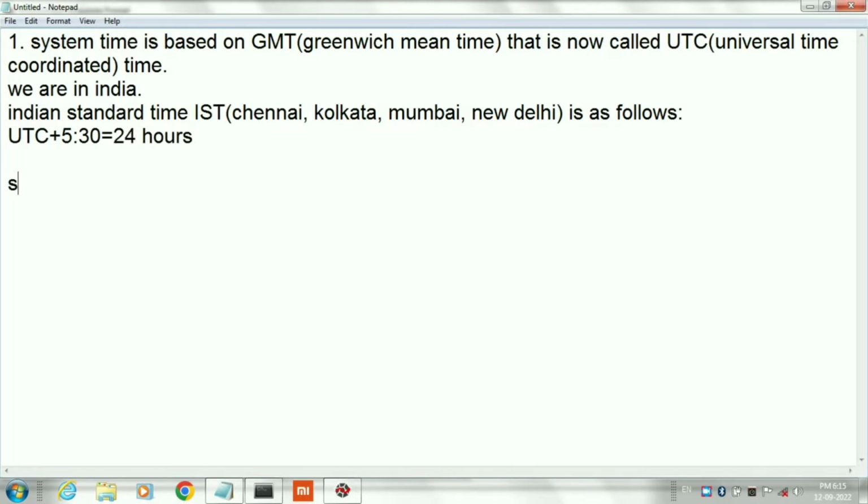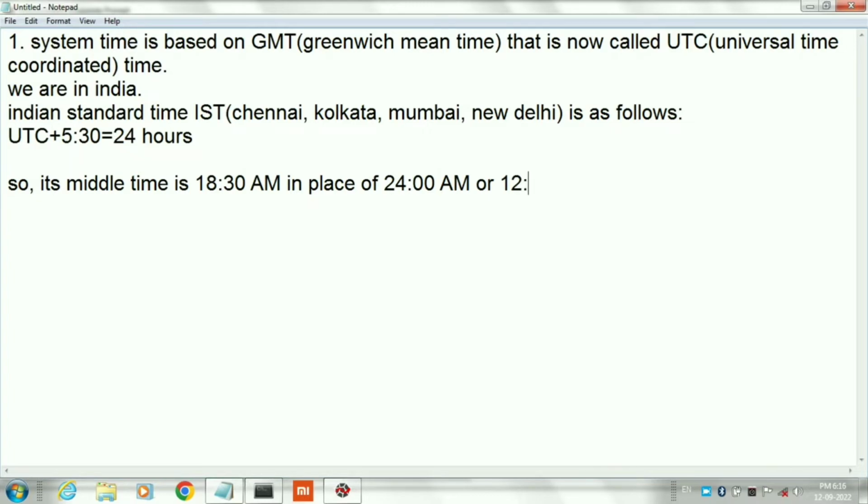So UTC's calculation will be 18:30. 18:30 plus 5:30 equals 24 hours. So midnight time, means 12 AM, is calculated by using this formula. So midnight time will be 18 hours and 30 minutes.